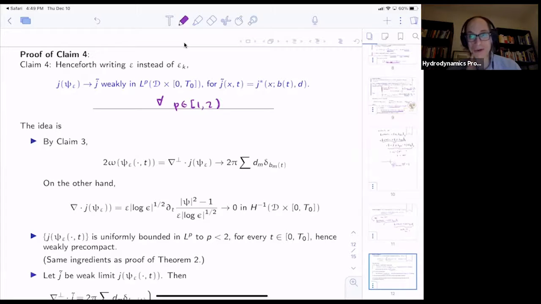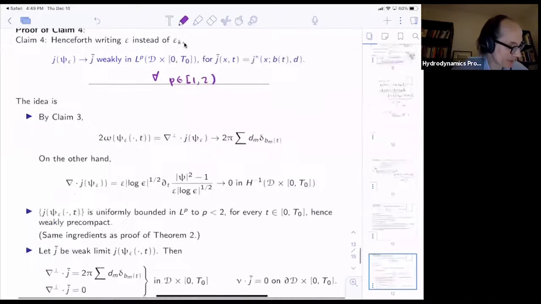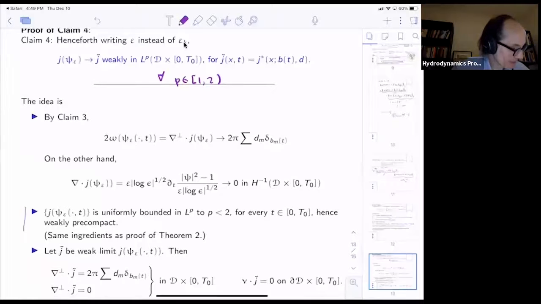Okay, and so there's a part which I will not justify at all. This is the first part. Well, no, it's the second part. We'll come to that in a second. So here's what we know. We know that for the subsequence, I found a subsequence epsilon k. Now I'm not writing the subscripts k anymore. For that subsequence,